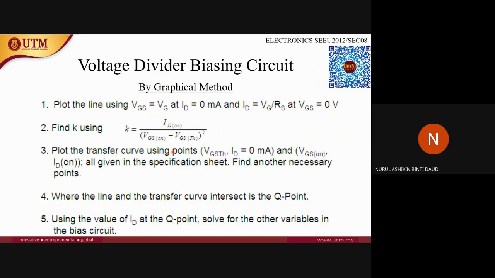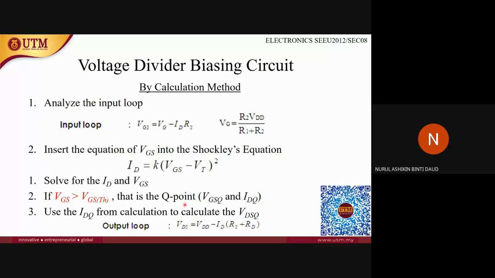Okay, so plot the transfer curves. Once you get these two graphs, find the Q point. Okay, find the Q point, and then using the value of ID at the Q point, solve the other variables that are required inside the bias circuit. All right, so for the calculation method,